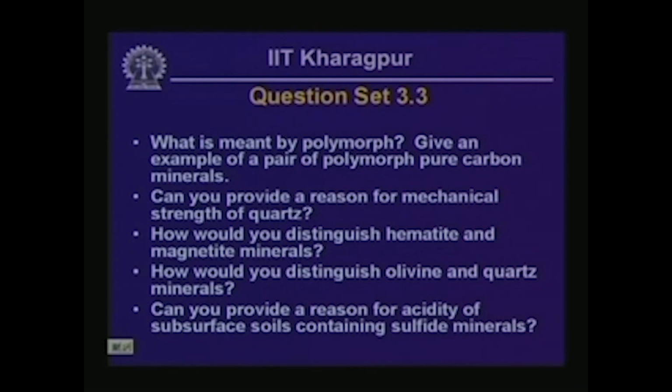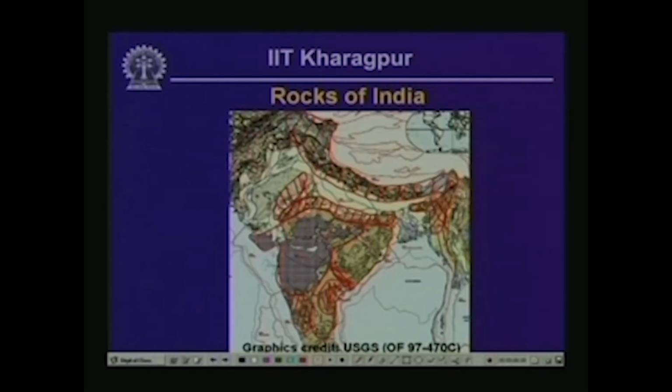Now two polymorphs of pure carbon mineral are graphite, which has a sheet structure like what we had for sheet silicates, and then you have diamond, which has a pair of tetrahedra and